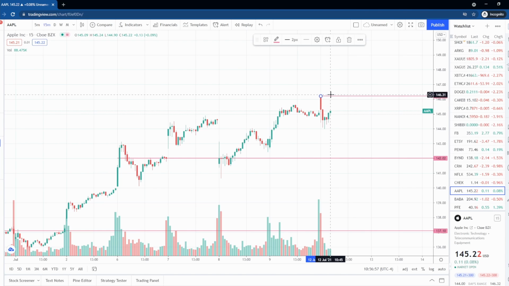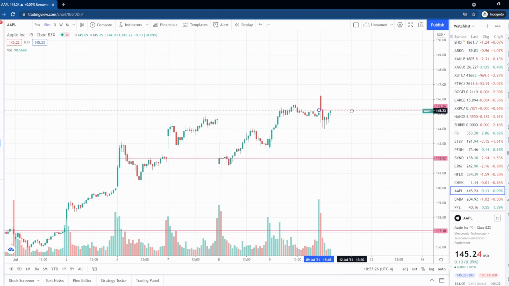So that would be your risk. And normally a target that we would have is a previous breakout area, which would be here at about 143. So right now we have $2, right? So we're risking roughly $1 to make 2. That's a 2-to-1 ROI, so that is the risk to reward ratio. So that's good. So we can put on a short here,